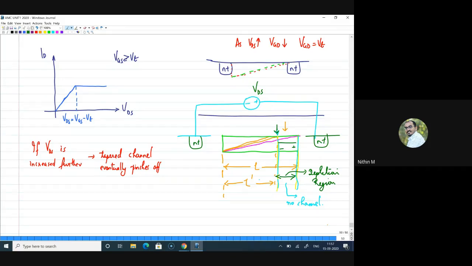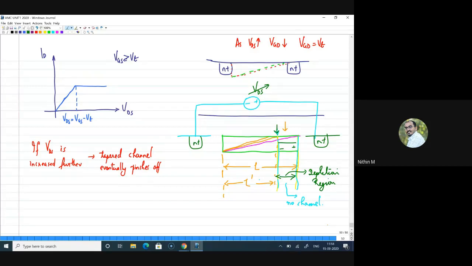All right, are you getting it? So what I'm telling here is initially there was a uniform channel, and as I keep on increasing the VDS voltage, the channel shape will change. It will start tapering at one point. The channel will get pinched off. And after pinch off, if you are still increasing the VDS voltage, your channel will actually move away from the drain end. That means that will give you a region where there is no channel or there are no charges. So that region is in fact a depletion region, and we know that a depletion region will offer high resistance. But what is happening here, since we are applying a VDS voltage, that VDS voltage is dropping across this highly resistive region, which is creating an electric field.